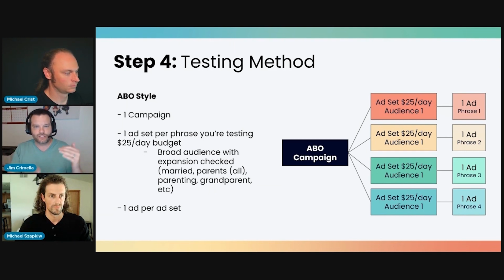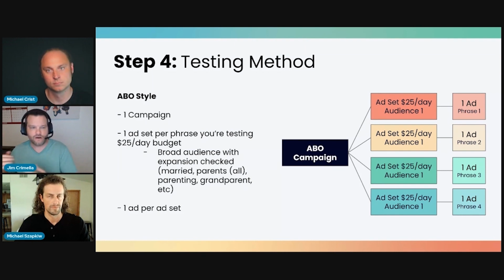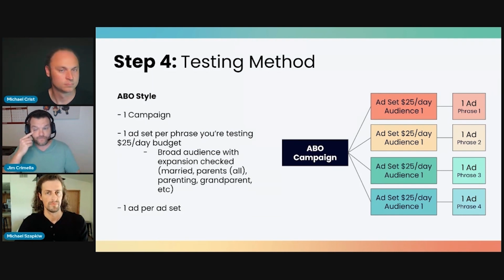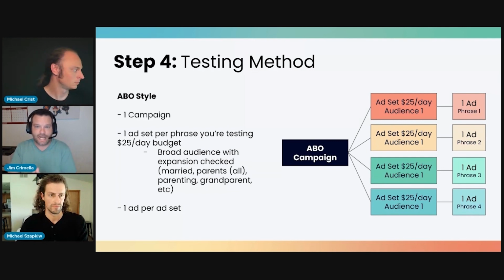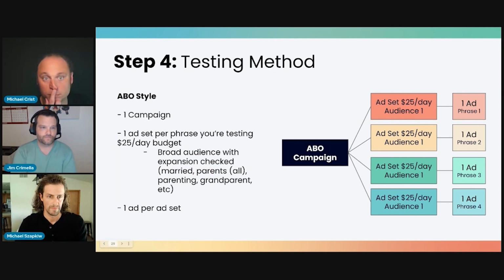And then we have our catches that we turn off. If we don't have a link click after this much spend and it's above $4, we turn it off. If we spend $25 with no add to carts, we turn it off. If it's after $50 and we're not profitable, we turn it off. That allows, even though we're still running at $25 a day, us to let it run for at least 2 full days. If you got a sale on day 1, run it on day 2. Did it get another sale? If it did, fantastic. Then that goes into, all right, let's see what we can do with that particular phrase. So I guess it just depends on how they approach the challenge.